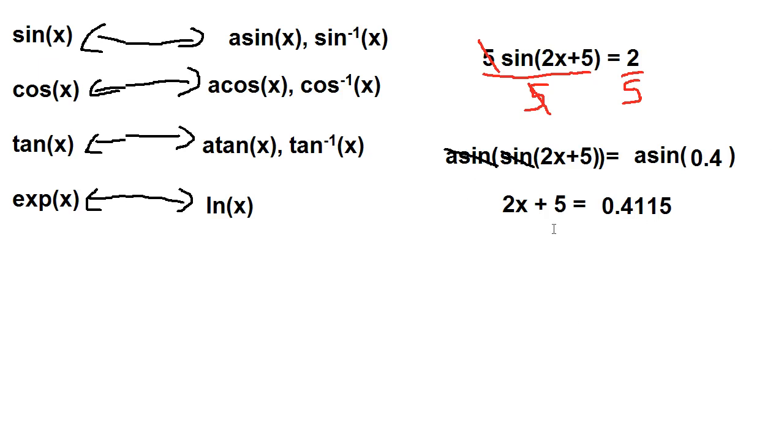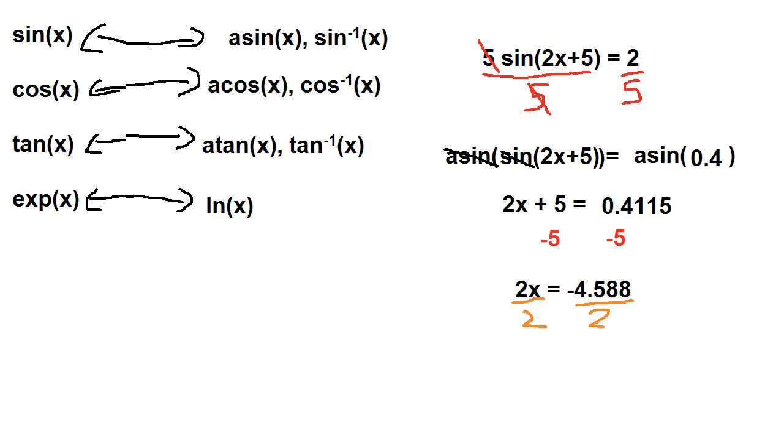Taking a look at this new equation that we're left with, we want to get rid of the 2 and the 5 here. We're going to start with the simplest operation, which is the addition by 5. So we're going to subtract 5 from both sides. This is going to leave us on the left-hand side with simply 2 times x. And on the right-hand side, we are going to have 0.411 minus 5. This is going to give us negative 4.588. Now, lastly, we can eliminate this multiplication by 2 with a division by 2,